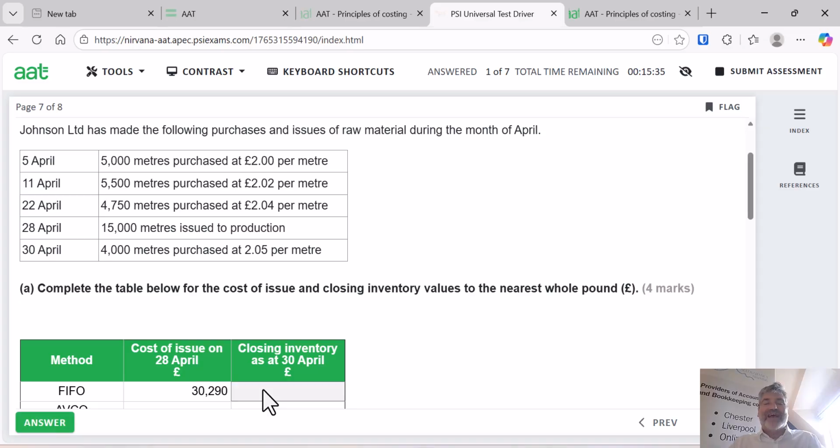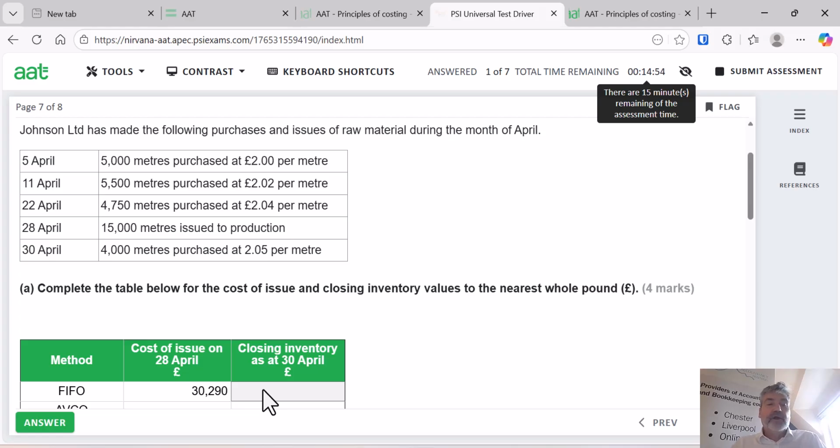Okay, what is our closing inventory value using FIFO? By the time we've made those issues of 15,000 metres, how much inventory do we have left? Remember we issued 4,500 of the 4,750 bought on the 22nd of April, which means we have 250 metres left of that inventory, 250 metres that we paid £2.04 a metre for. Multiplying that up, 250 times £2.04 is